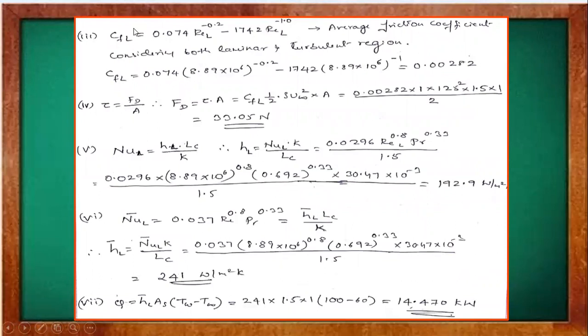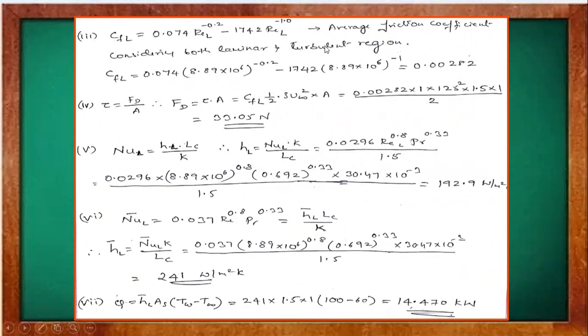Then we have to find out the friction factor, or the average friction factor for the entire length. There is no average friction factor only in the turbulent region, so we need to find both in the laminar and the turbulent region. So you have to obtain the expression for